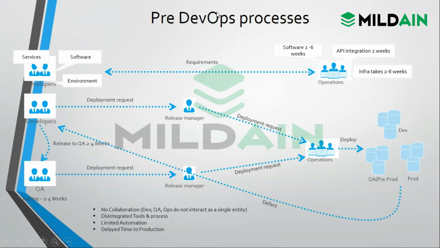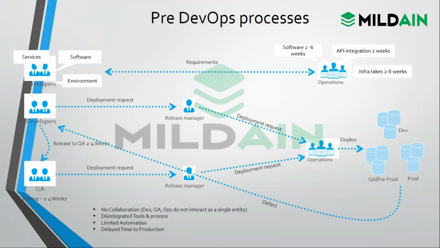But now with the use of DevOps, we are using tools, and immediate feedback is given to developers. So we do not have to wait till the end. In pre-DevOps, there is no collaboration between dev, QA, and ops. They do not interact with each other. Whenever any requirement comes, developers develop their code, then send it to QA, then the tester is involved. They are not in collaboration. They are not talking to each other. They are working in silos.